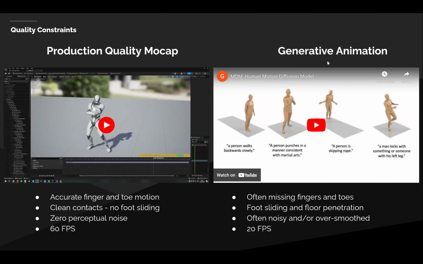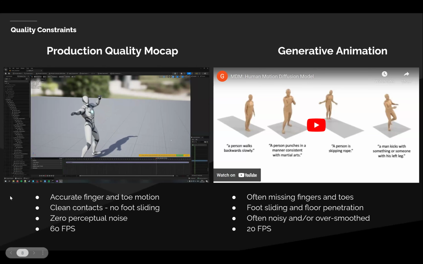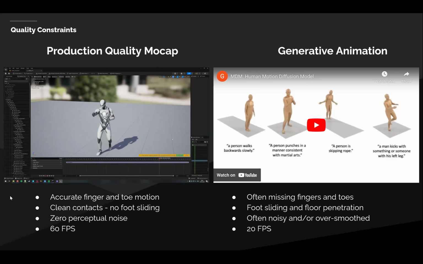Another huge constraint is quality. When you get AAA production quality motion capture, the data is very good. So we usually have accurate fingers and toes. You get all the fingers, you get the toes. Sometimes you might even have 2 toe joints to get some sort of twist. As you can see, the contacts are clean.